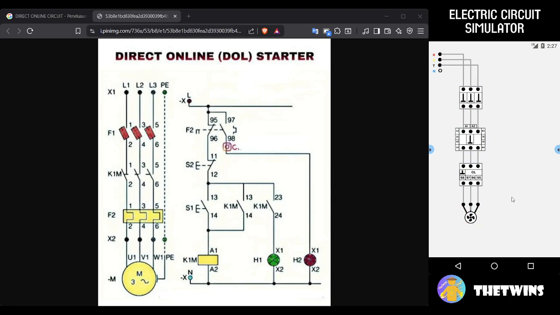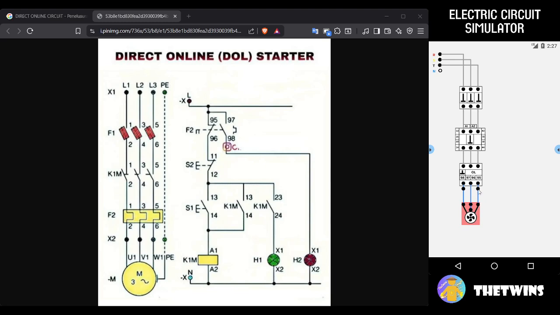Okay, I want to explain about a feature. As you can see, if you select the component, there is a wire point for editing the wire.